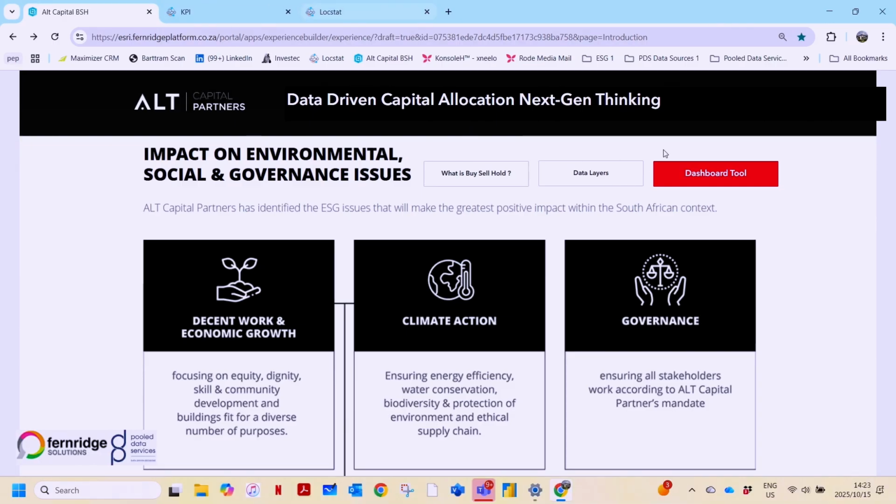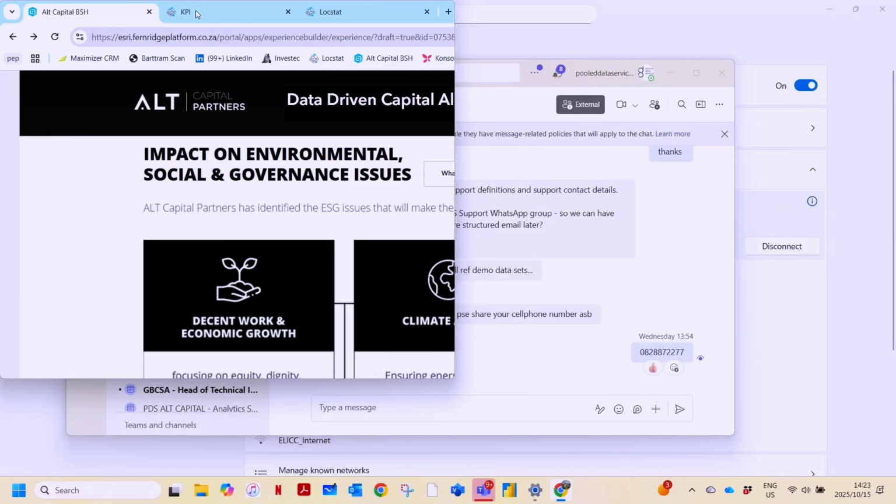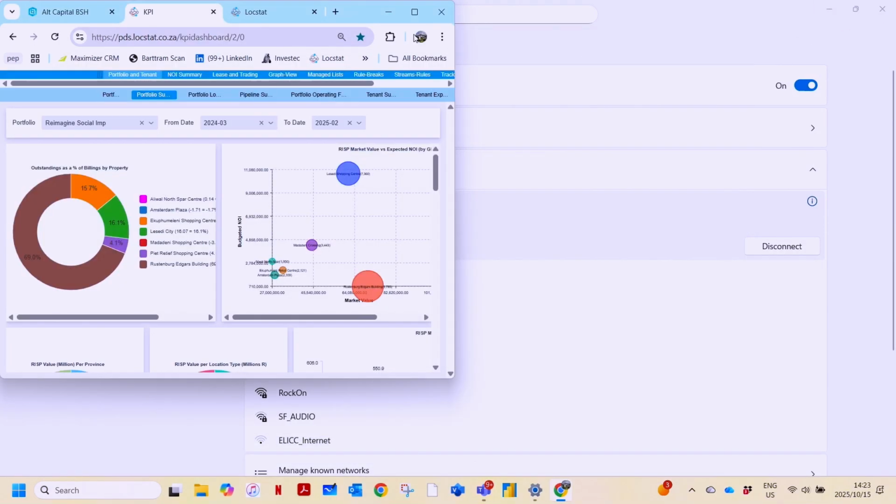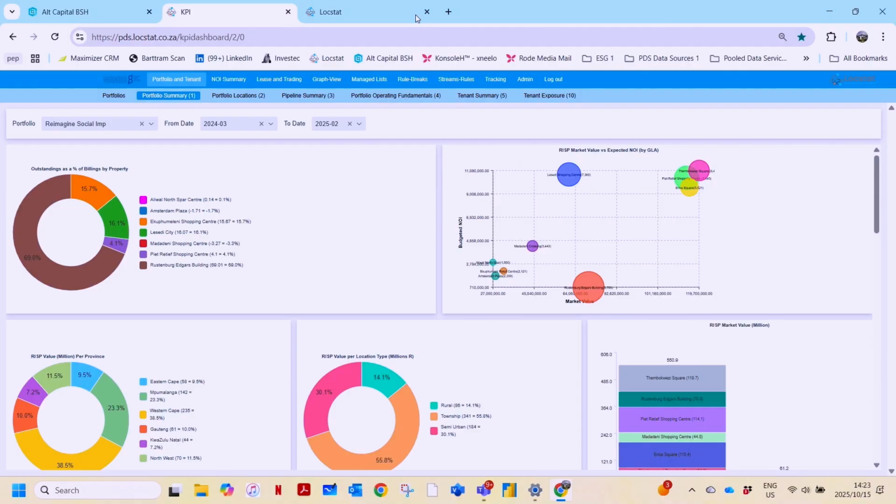So I'm going to show you first up the tool that we're talking about. Hold on a second. Okay. Very simplistically, we've built